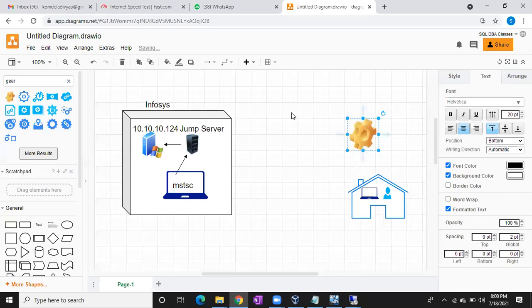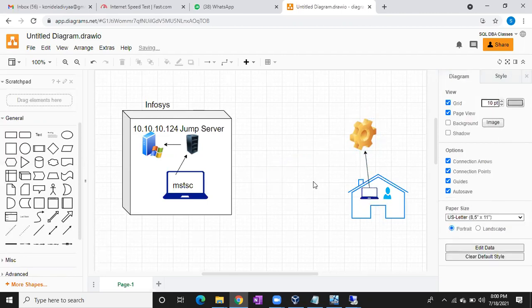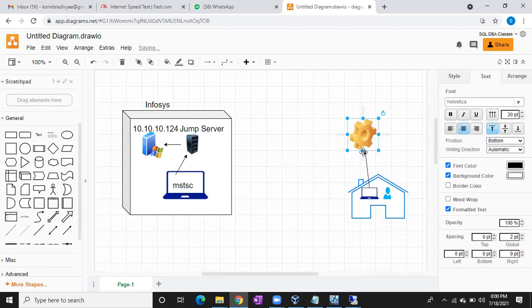This is your internet. You might use Airtel or Hathway or whatever internet is available. Internet service providers, ISPs, are there. You just connected to the internet, so your laptop is connected to the internet now.